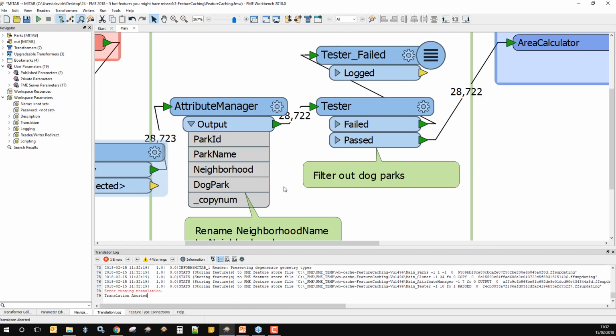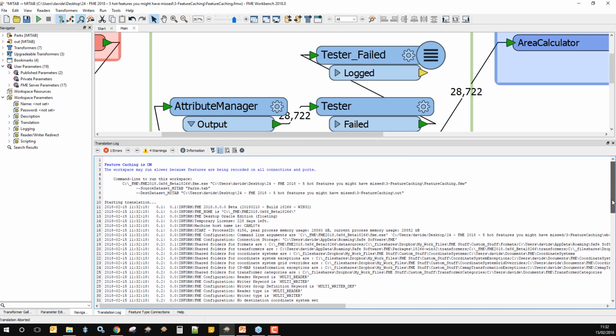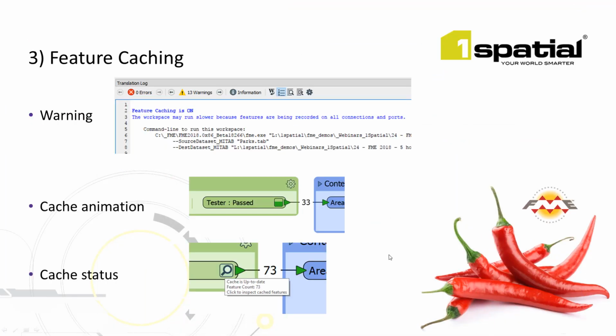The reason why this has changed so much, and you'll also see if I go up to the top of the log, there is now a statement that tells you that this is turned on, is that one of the misconceptions about this capability is that it should be used quite a lot. Really it's something that you use to debug or to test or have a look at your data processes. You don't use it in production. So you get this warning now, you get this cache animation, you get a status to be able to see this data caching,